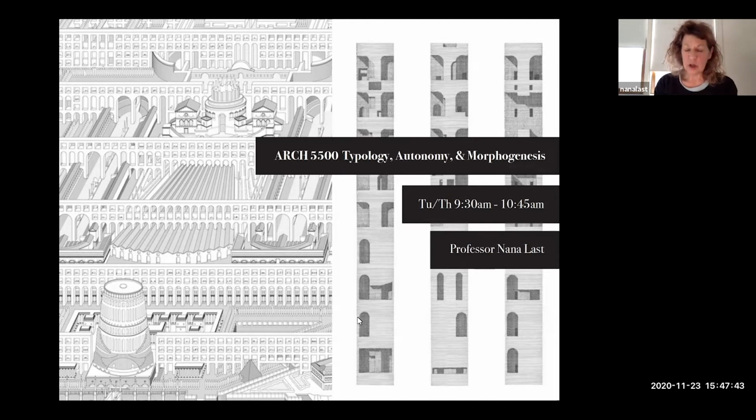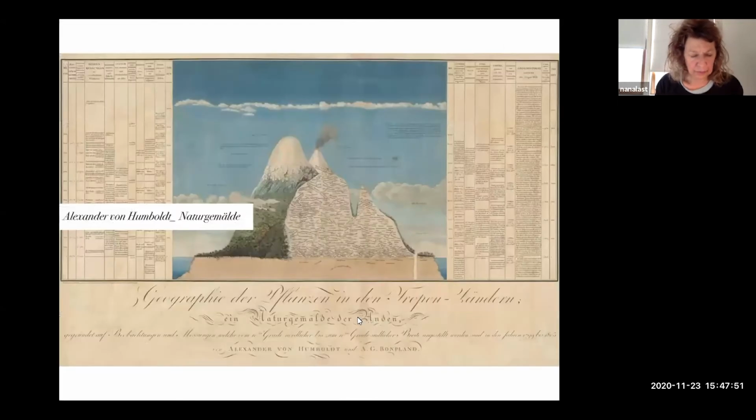The course will study typology through four questions. The first of these is the question of typology and science and classification. Typology is a form of classification and has a basis in the sciences. So we will look at both the scientific basis, as here with Humboldt, and the disciplinary one in architecture with Durand. Von Humboldt was a 18th and 19th century Prussian scientist and geographer who visited the Americas and really did